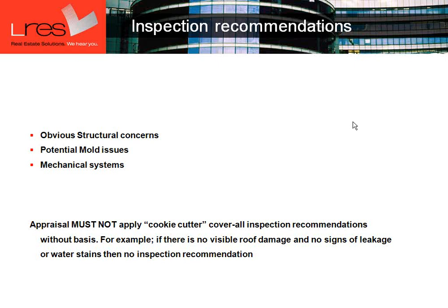If the roof is even worn and there's no leakage on the interior, FHA, I believe the requirement is a minimum of 3 years. Now, given that we're not roof inspectors, you can note that the roof is visibly worn,